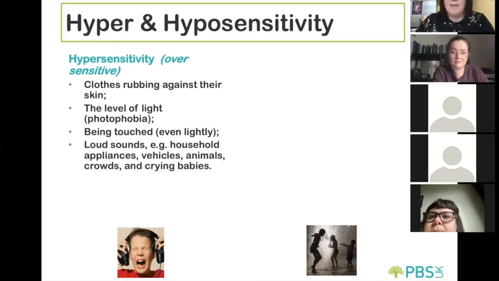But actually, a really good example, I think it was an OT who gave me this particular example in relation to oversensitivity to clothing, is when we put our socks on in the morning, we might feel them for a couple of seconds, but we very quickly filter out that sensation of having the elastic around our ankle, don't we? We're quite good at just filtering that out. Unless it's really, really tight and uncomfortable, we don't notice it for the rest of the day. Whereas someone who's oversensitive or hypersensitive to that particular sensation, and who doesn't have the ability to filter it out, could experience it all day, the whole day long, and potentially it's very uncomfortable or even painful for them because of that oversensitivity.